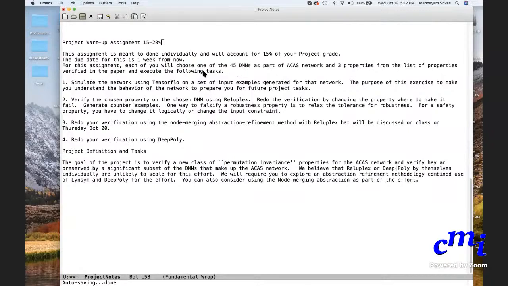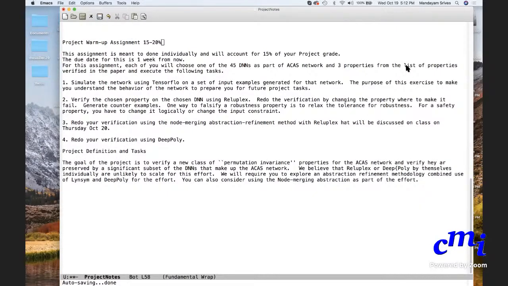What I have left to you is to choose one or two of the 45 networks, for you individually, and maybe pick some 3 properties from the list. I haven't looked at the list of properties. Maybe you can go over it, Diganta, if not today, at some point.